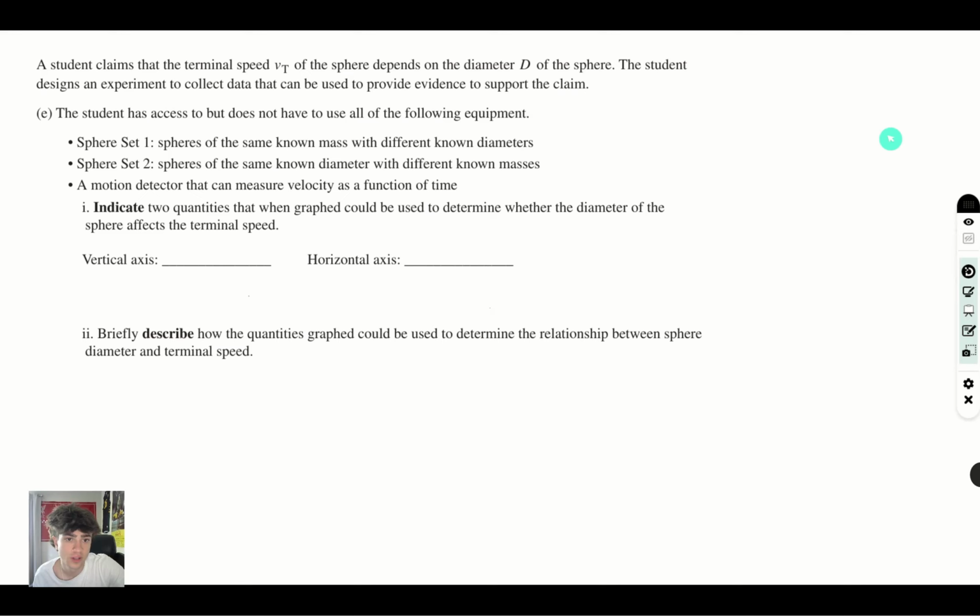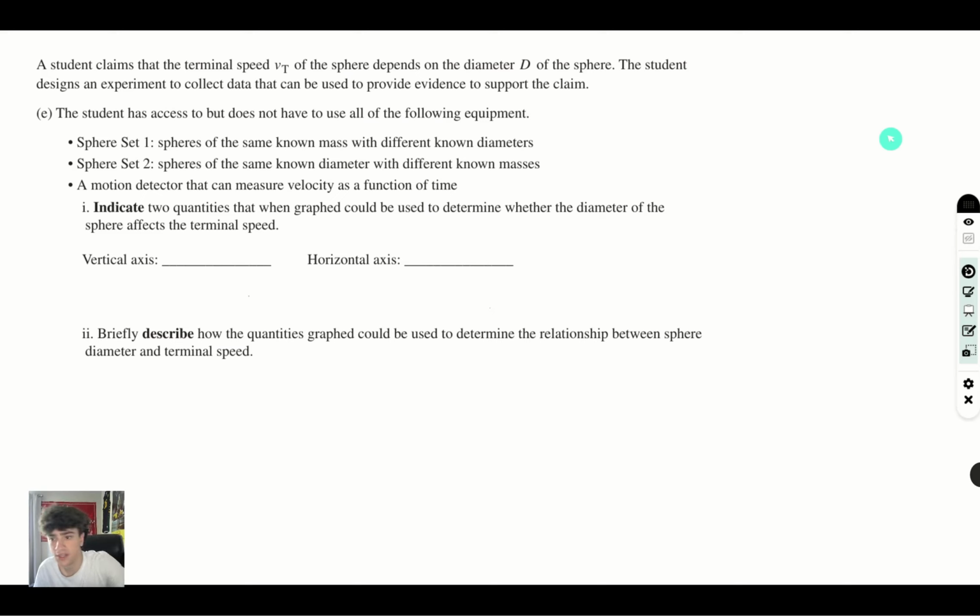Sphere set 1: spheres of the same known mass with different diameters. Sphere set 2: spheres of the same known diameter with different known masses. A motion detector that can measure velocity as a function of time. And now indicate the two quantities that one graph could be used to determine whether the diameter of the sphere